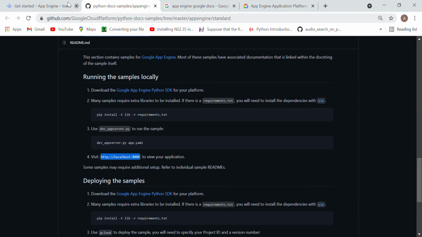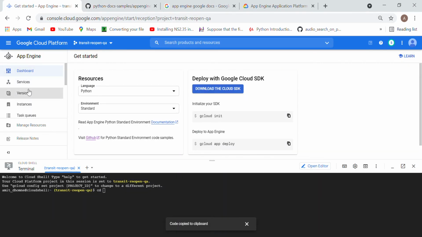This link you will get here itself. When you go to this App Engine, if you have created an account, you will be able to run your project also. After a few classes, maybe after this 20, I am going to show you the project. So if you have not created an account, then it will be a problem for you, means you will not be able to run it.